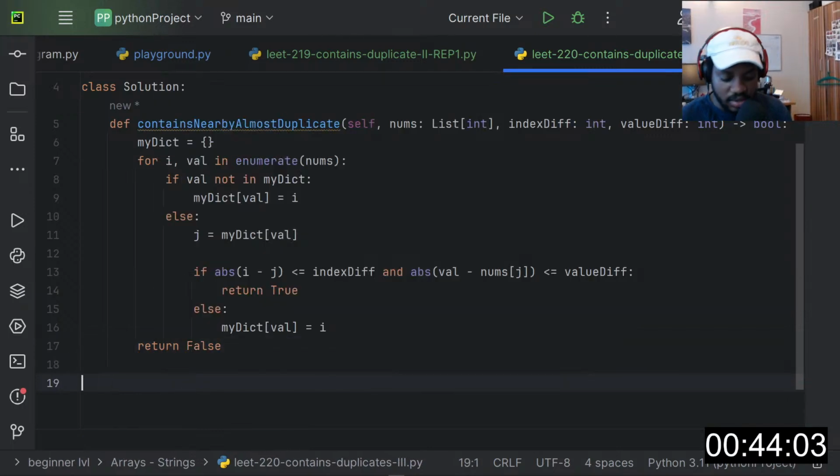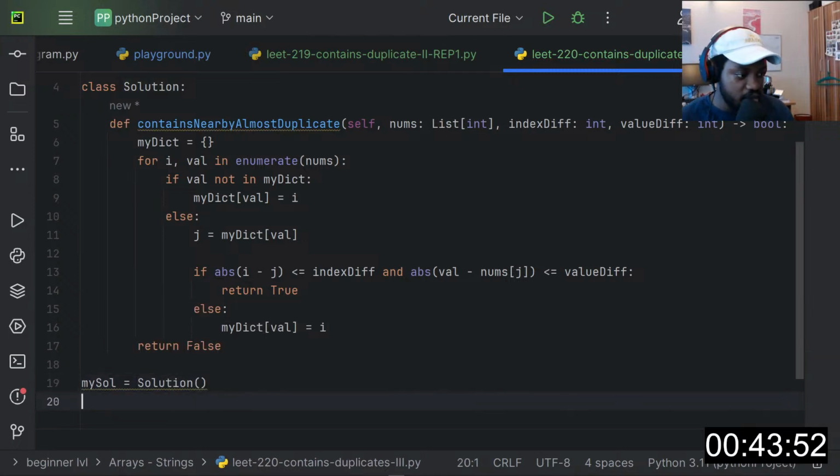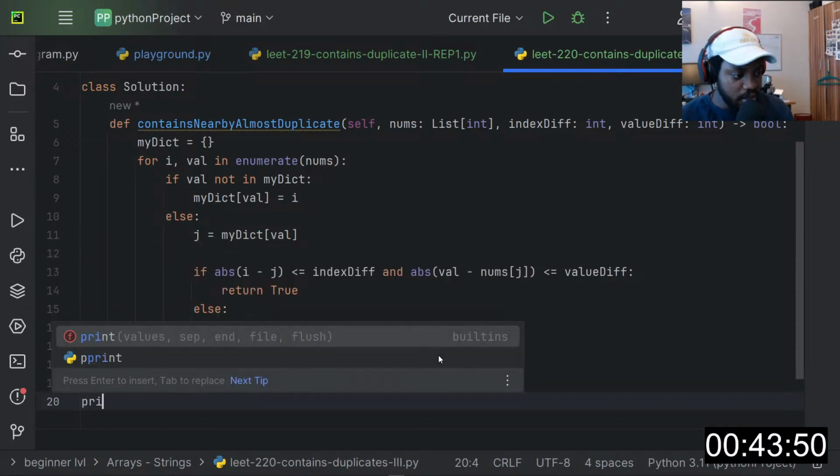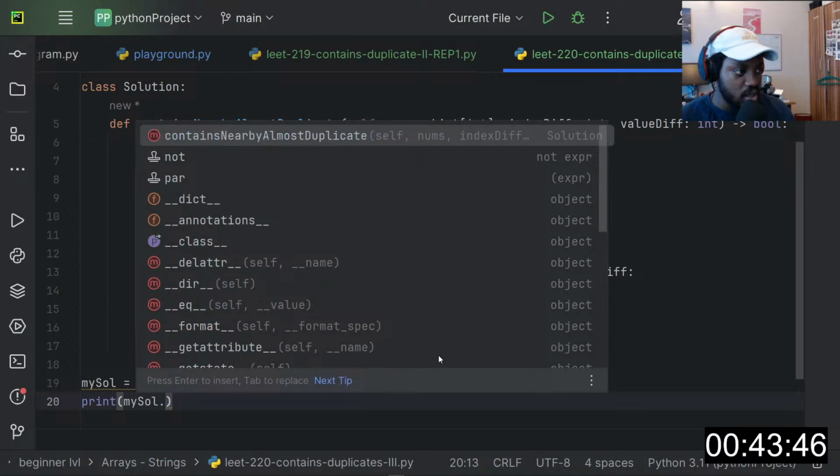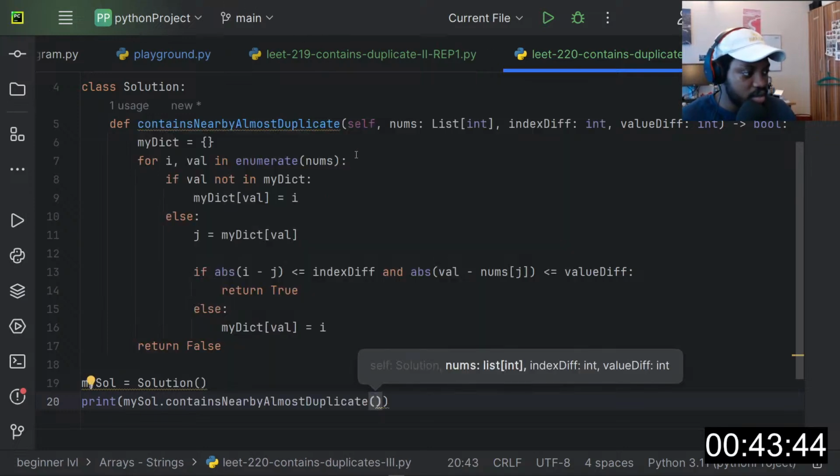So let's test this out. I'll say my solution is going to be equal to the solution class, and let's print my solution dot contains duplicates.